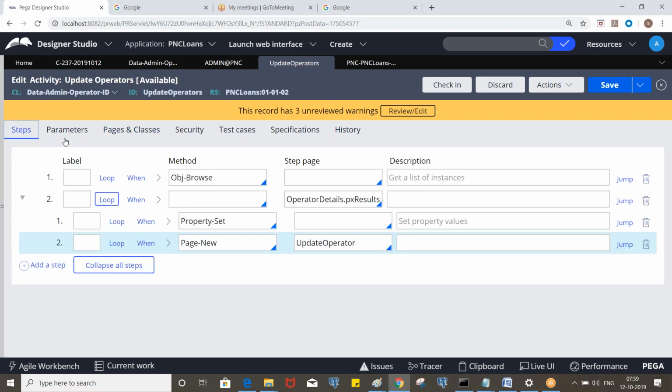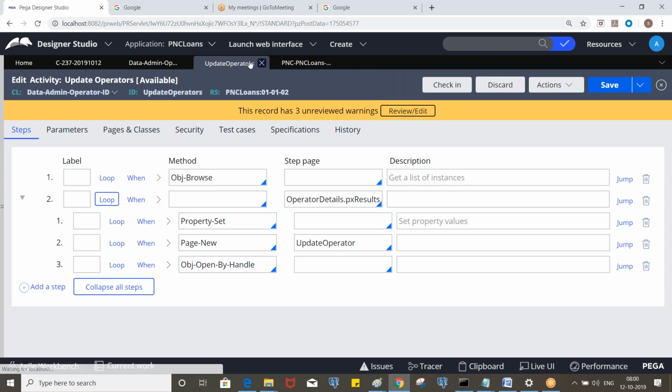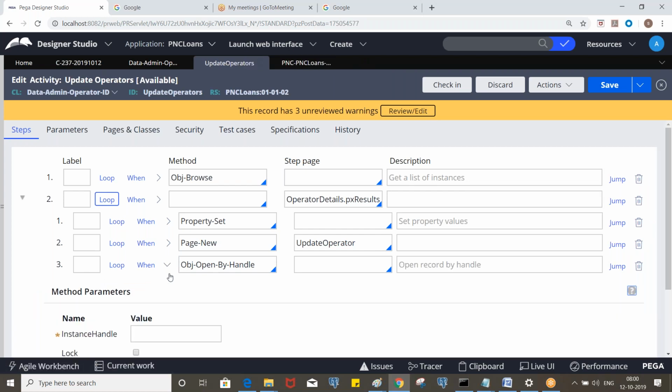So we are creating a new page, and we fetch the corresponding record and put it on this page. So here we use Obj-Open-By-Handle. What we need to pass is param dot key. That means we are passing the pzInsKey.